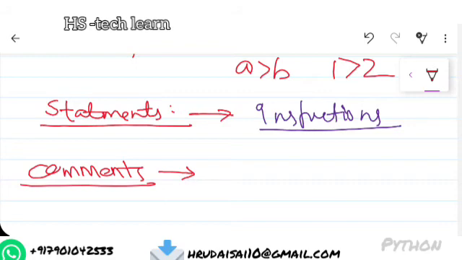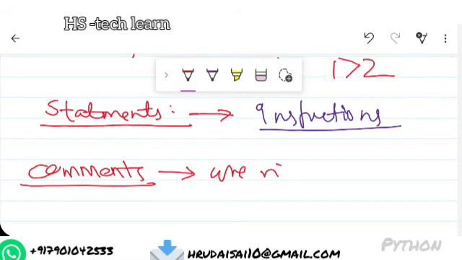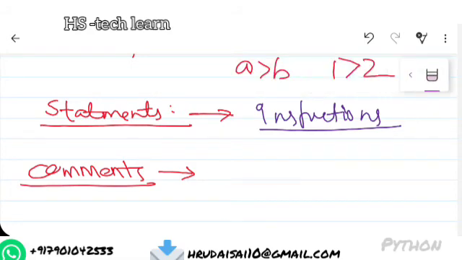Those are just readable. That means we are writing comments. What is the use of comments is to read the program, that is we are making the code more readable. That is, here we are writing a is equals to b,